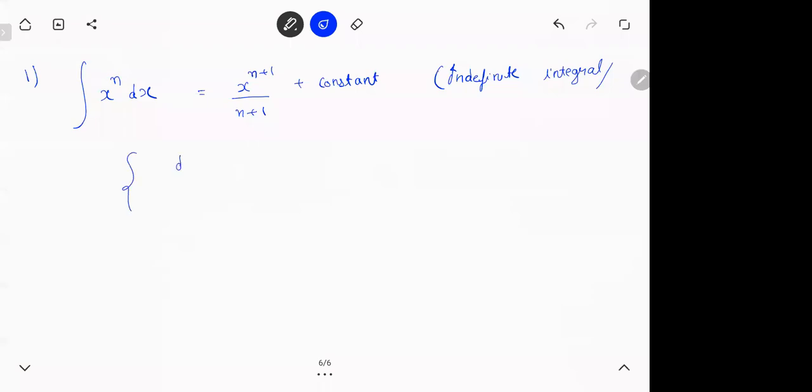Remember just now I told you, if you differentiate, look at this thing. You know what you're asking here? What should I differentiate here so that I will get this as my answer? Means you already know the answer, x power n. Now you're asking what the question is. What should I differentiate to get x power n as an answer? So if you differentiate this guy, see what you're going to get.